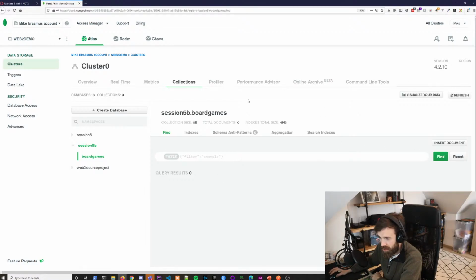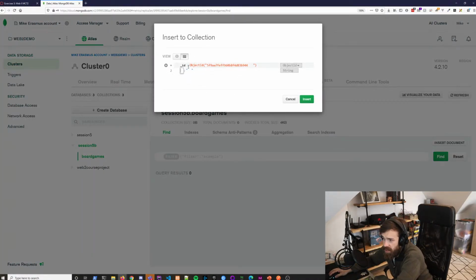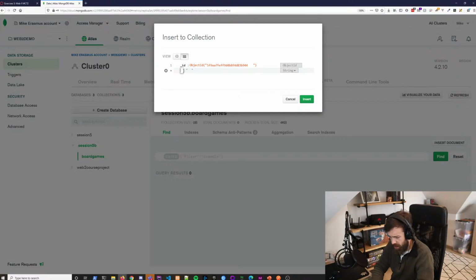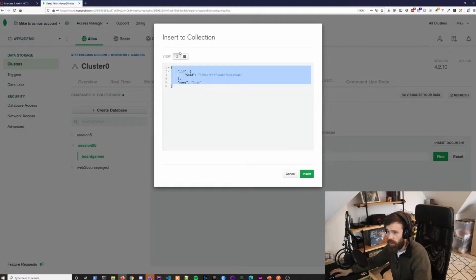Okay. So board games, and now you have your database and you can insert documents. So I'm in the database, insert document, and you will see that it will automatically place an ID. This might be a bit weird, as in name, Inis, for example, enter. This is a bit weird to enter, but if you click on this button, the left one,